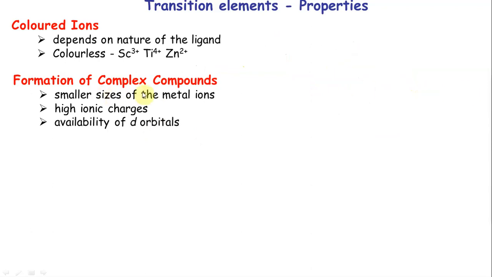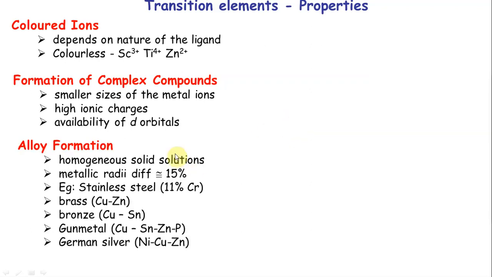Formation of complex compounds, you are going to see a separate lecture on that. Why do they form it? Because of the small size of the metal ions. Small size means they can attract the ligand electrons very well. It would logically seem that the larger the ion, the more ligands I can put around me, but the larger it is, the harder it is for the nucleus to attract the electrons. So you want a smaller size. High ionic charges, they have up to +8, so they can attract. These behave as Lewis acids. High charge means they want electrons, so they behave as Lewis acids, with d orbitals available to get the electrons from the ligand and put them in their orbitals.